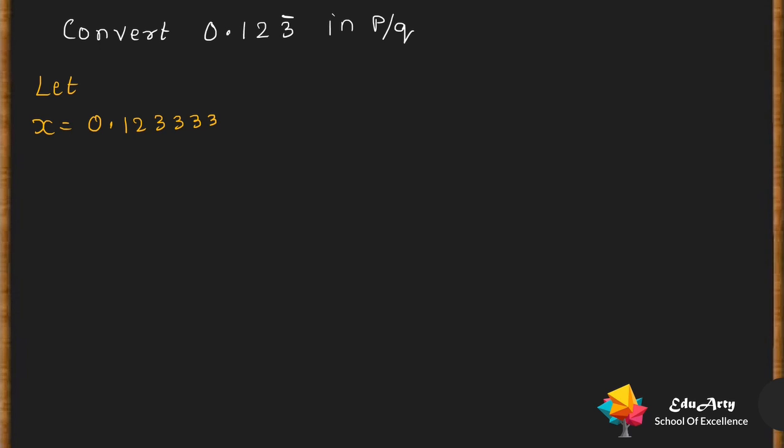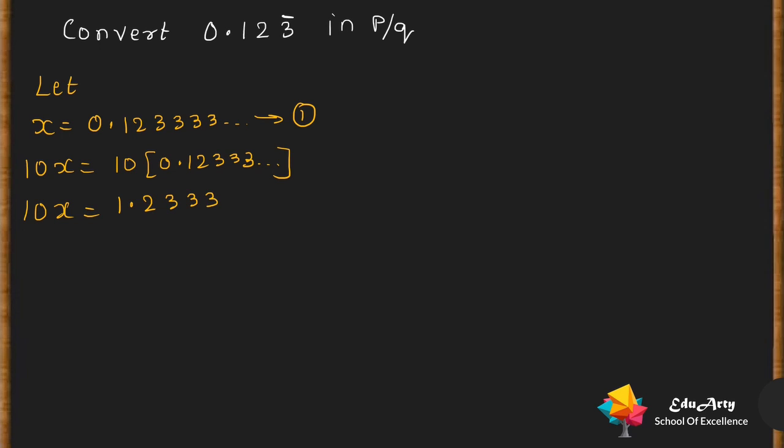सो नाउ यू विल मल्टीप्लाई 10 ऑन बोथ द साइड्स. सो वी कैन से 10x, 10 इंटू x will give us 10x, correct. 10x is equal to 10 into bracket 0.12333, ये कंटिन्यू कर रहा है, करेक्ट. अच्छा, तो पहला तो अपना वी नो दैट वी विल स्टेट दिस एज नंबर 1. तो दूसरा क्या आएगा, 10x इज इक्वल टू